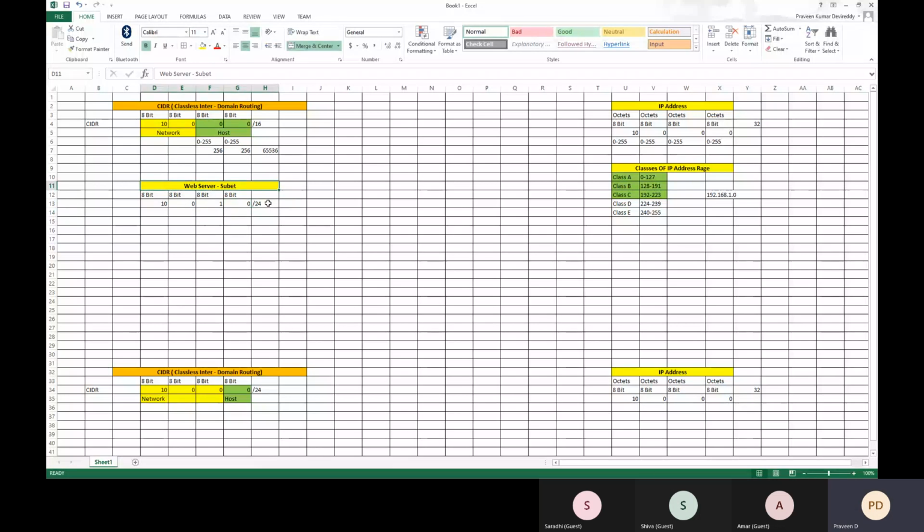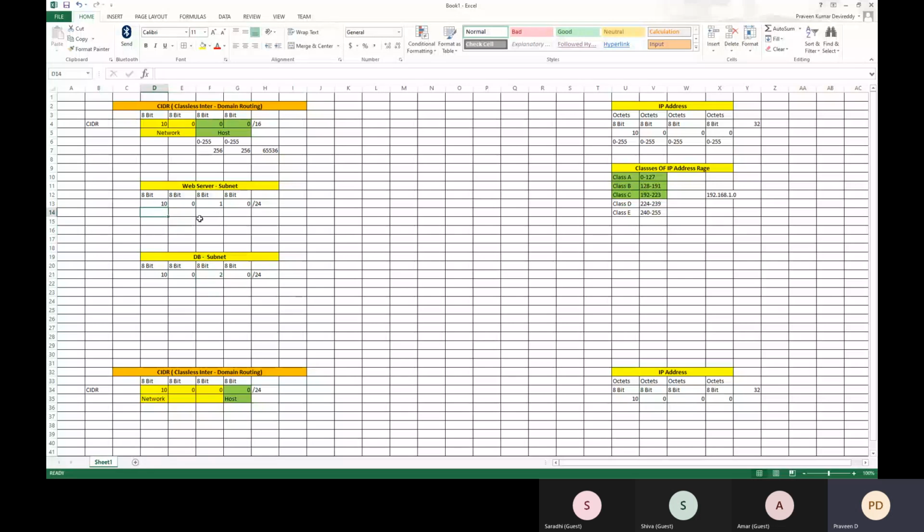The same way for DB servers, DB subnet, it will be 10.0.2.0. Now here how many?